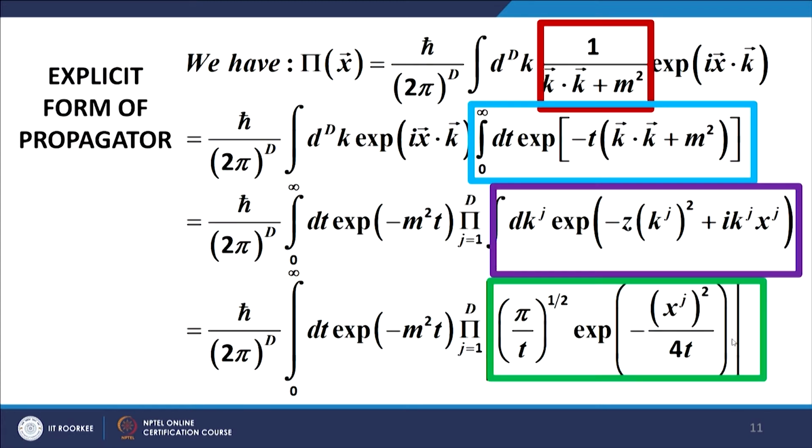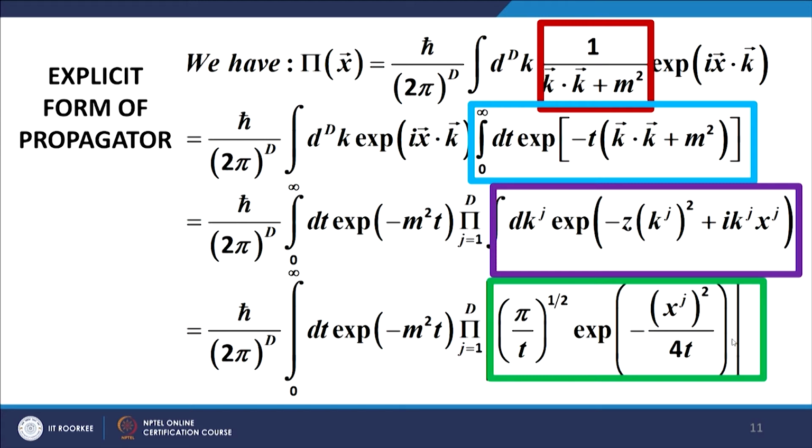Now, we come to the explicit form of the propagator in the context of the current Euclidean space. Recall that we had worked out the propagator as the expression given in the first equation on your slide in the previous lecture. This was precisely the expression that we obtained in the continuous case of the d-dimensional Euclidean space. Now, we try to obtain an explicit, closed form expression for this, to the extent possible.